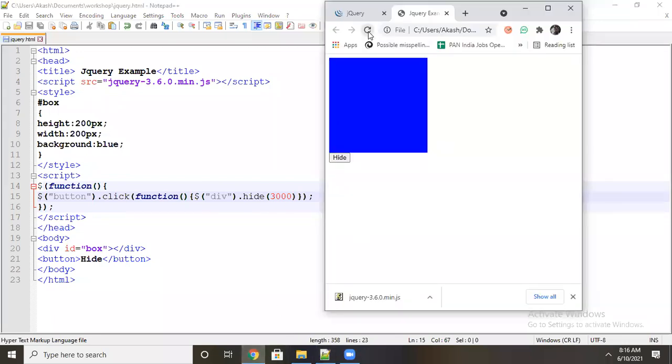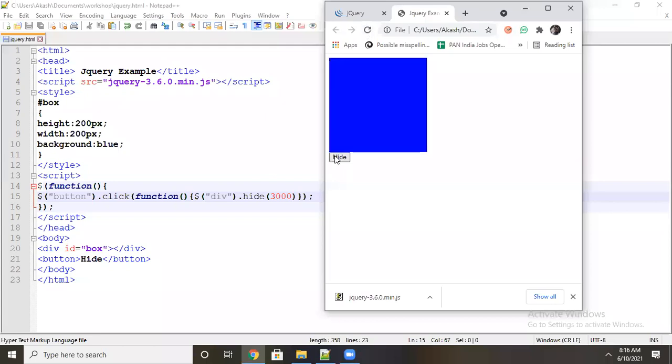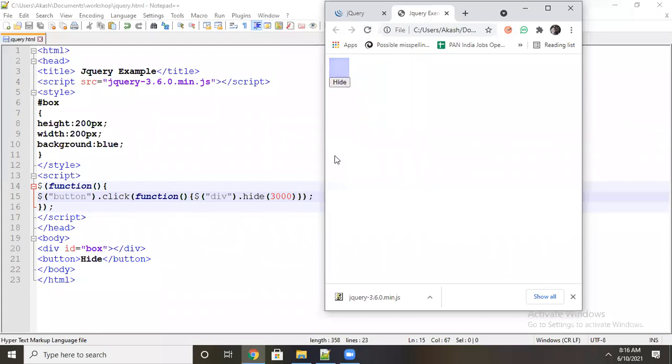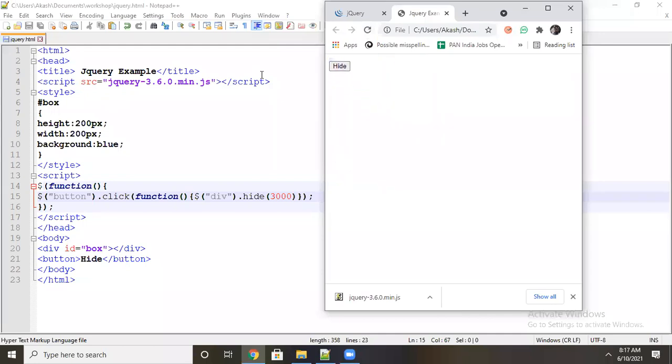Let's say I will refresh. I will hide. Now you can see it's taking 3 seconds to hide your box. You can see I have written very simple code, entirely in one line. Why is it working? Because of your library.